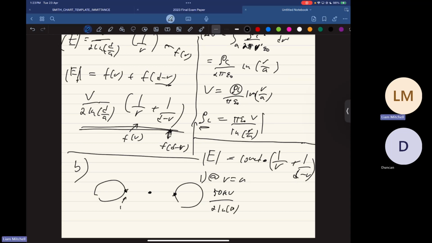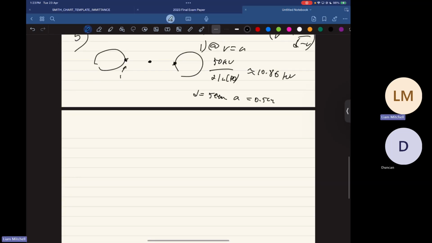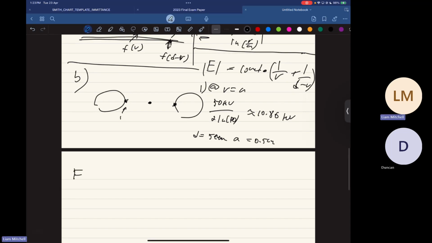10 because our D is exactly 10 times larger than A. So D is equal to 5 centimeters, and A is 0.5 centimeters. So our log is exactly log 10, which is roughly equal to 10.86 kV. Then our E at 0.1 is going to be equal to that constant 10.86 times 1 over A plus 1 over D minus A,